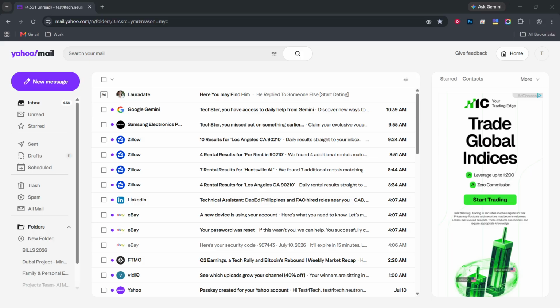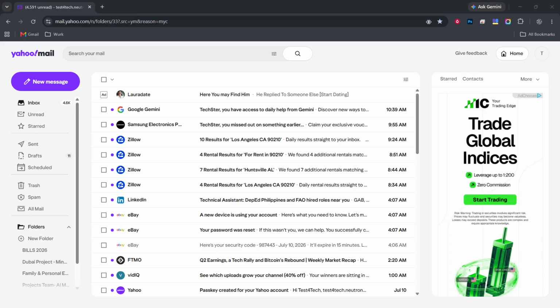It's essential to be in the right place because this is where you'll make the changes to your signature. Ensuring you are logged in properly allows you to access all the features you need. So if you aren't logged in yet, please do that now. Next, sign in to your account. Enter your username and password, then click the Sign In button.